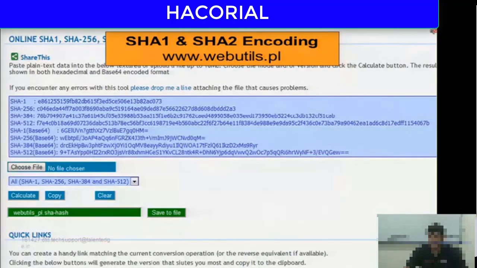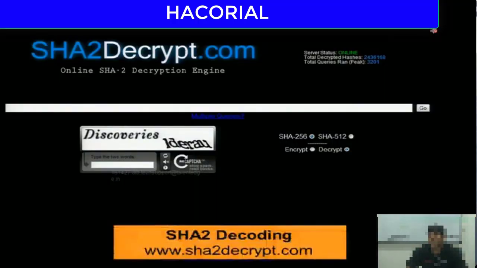There's a very interesting website which I like to recommend to all of you, and it is called webutils.pl, where you can crack pretty much any version of SHA. This website is creating a rainbow table for SHA cracking. So very soon all kinds of SHA and SHA-2 hashes would be cracked in a matter of a few seconds